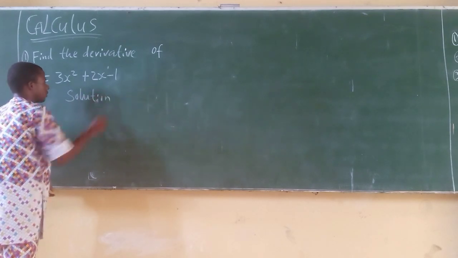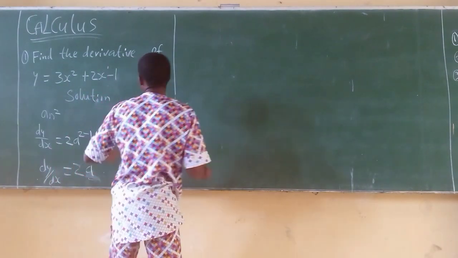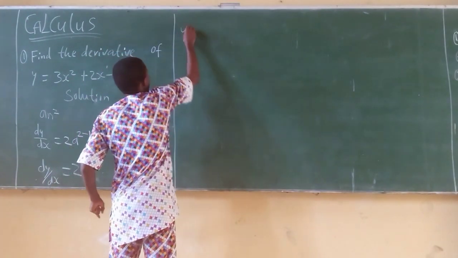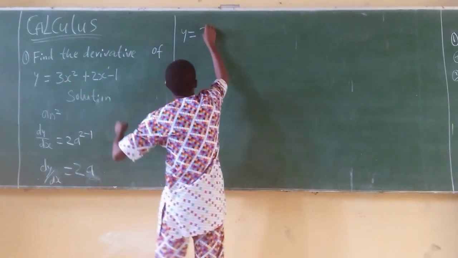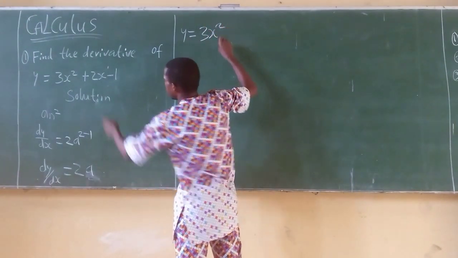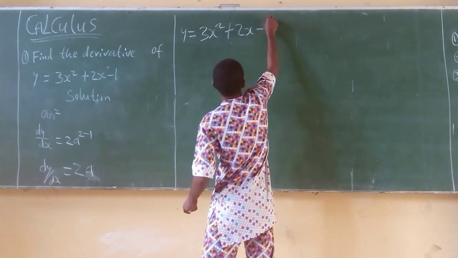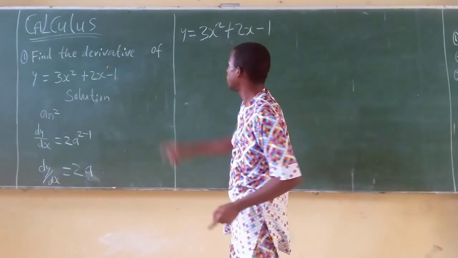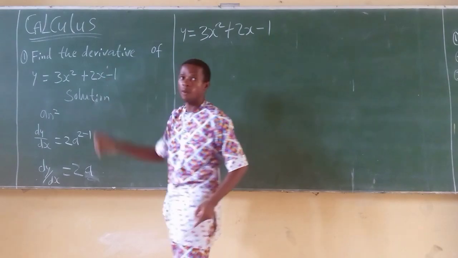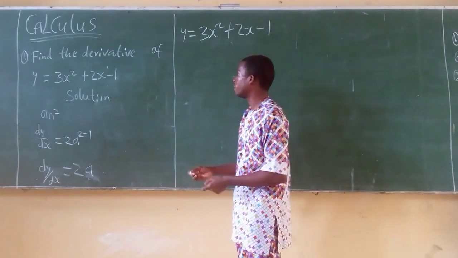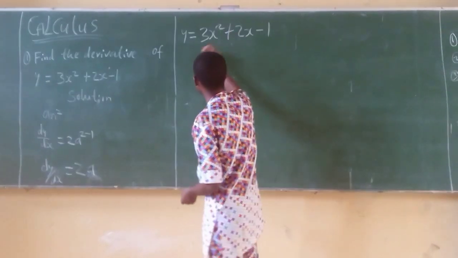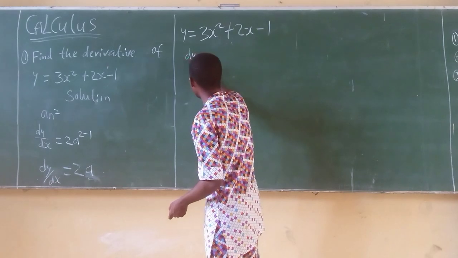You know that the question they gave us was y equals what? 3x squared plus 2x minus 1. For us to find the derivative is simply d by dx. That is the general term we use for the derivative. This is what we are going to get by d by dx. We say dy over dx